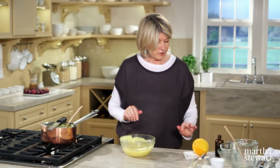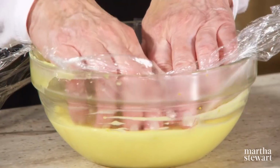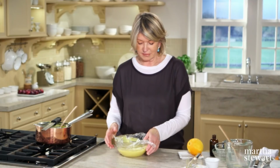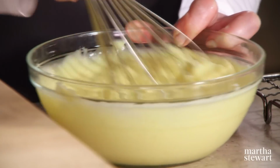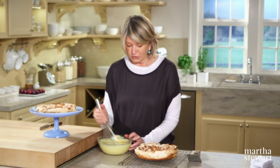So there, all done. Put a piece of plastic wrap right on the surface to prevent a skin from forming. Let it cool, and then put it in the refrigerator and chill it for at least 2 hours and up to 2 days. So now whisk your pastry cream just to fluff it up, and to assemble this beautiful, beautiful